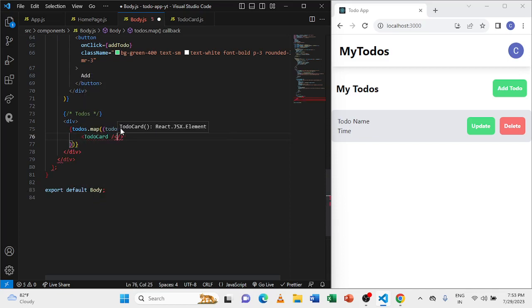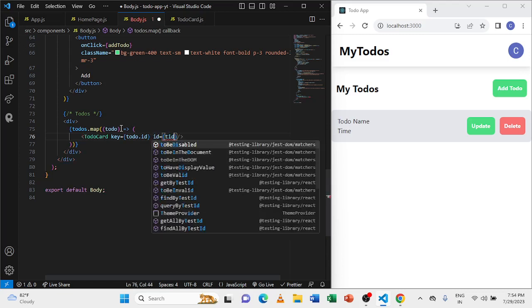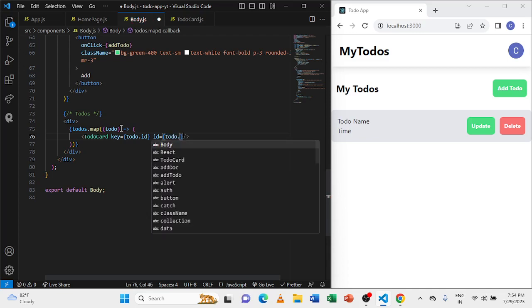again, but this time I need to provide a key which is unique, because React needs to know that whenever there is a re-rendering happening, it should not render the entire list of to-dos, but only the to-do that was added or deleted. So here I can say it is to-do.id. I need the to-do name. I also need the ID of the to-do. For deleting the to-do, I need the ID. So to-do.id,